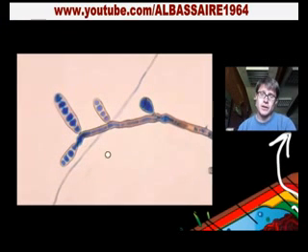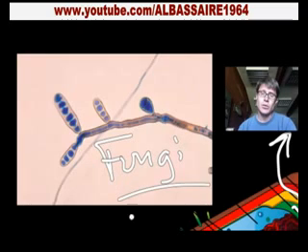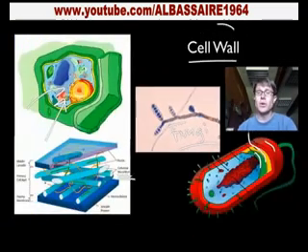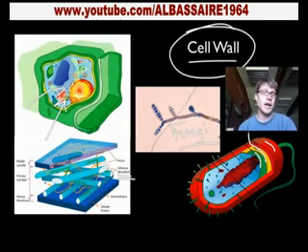And then this is a fungal cell. Fungi have a cell wall as well, but it's actually made up of another chemical called chitin. And so the cell wall just adds to the protection that some cells have, but again, animal cells don't have that. And so that's cell membranes, that's cell walls, selective permeability, and I hope that's